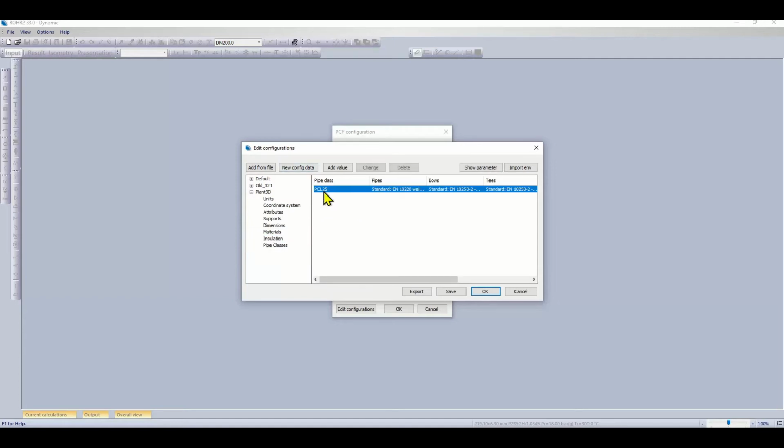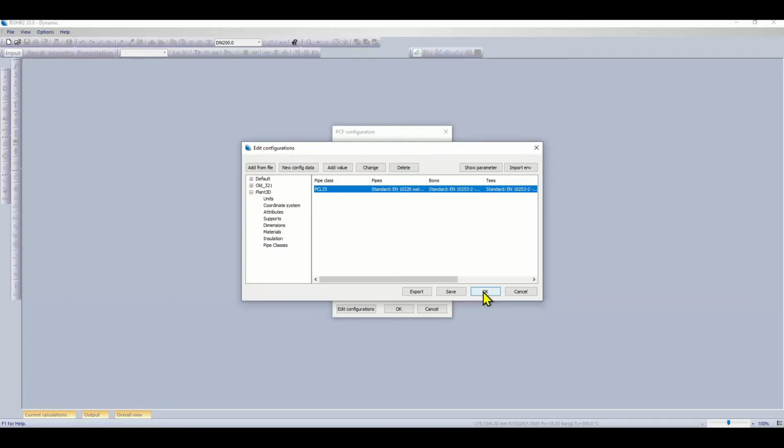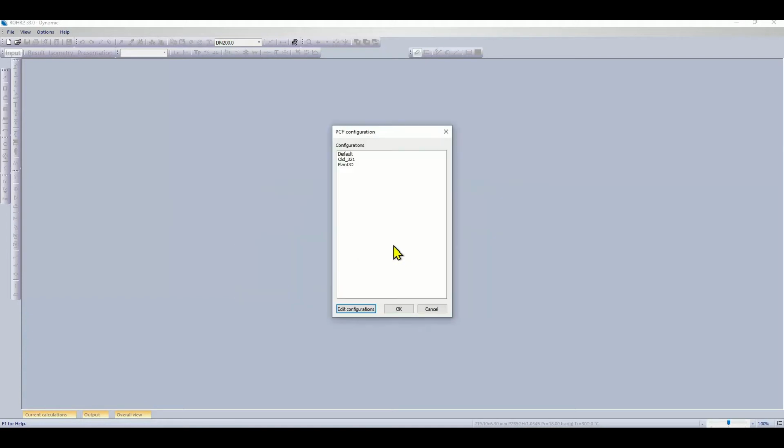In the pipe classes I can define which material standards and tolerance standards are used for the different components. Okay, once I'm finished with my configuration I can save the changes, and now I can use the selected configuration for import.